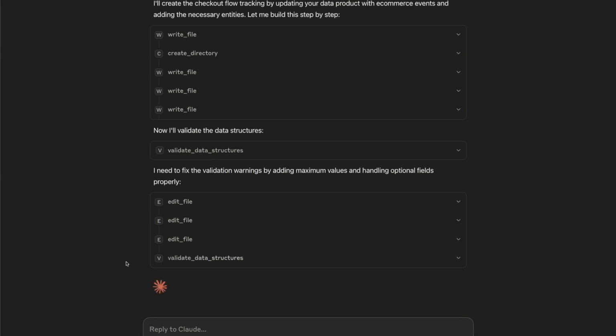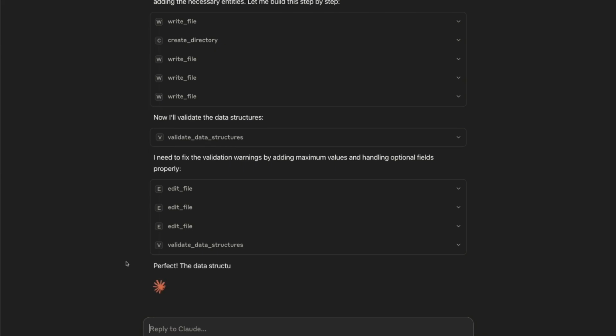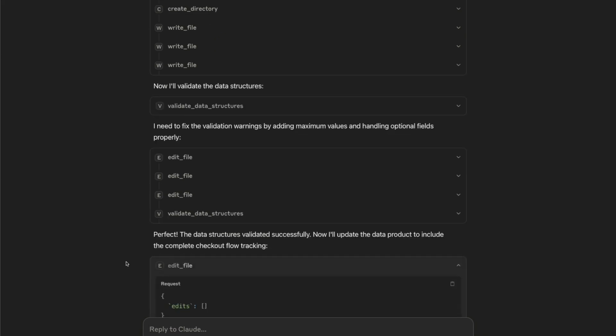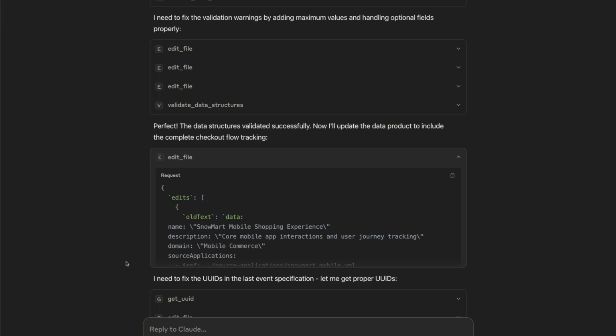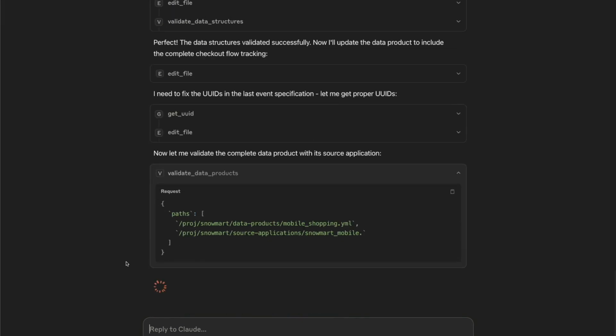It runs an additional validate step here, and it's going to update the data product with this information. A data product is a collection of these schemas with some additional metadata around ownership and governance. So now it's validating the entire data product,